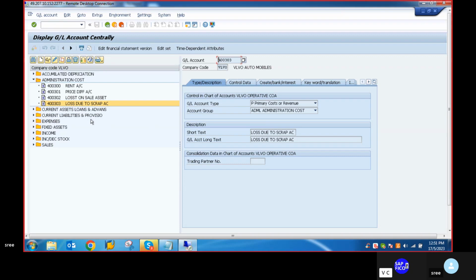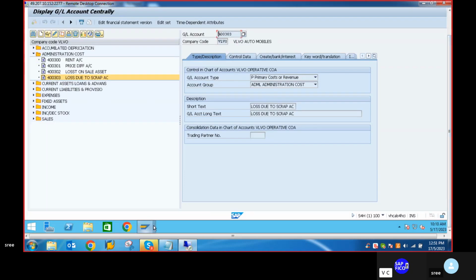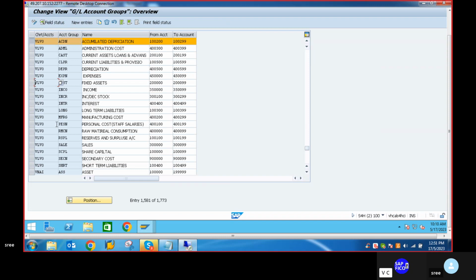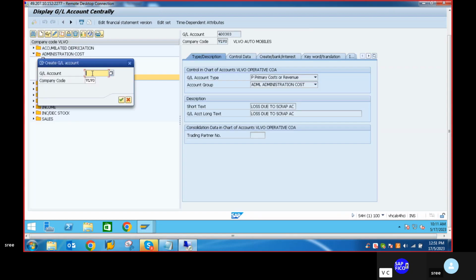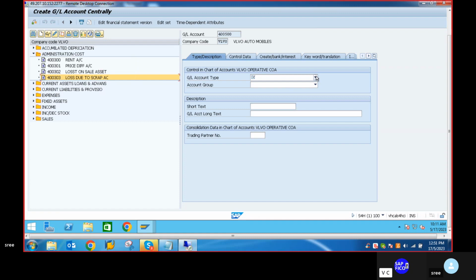Okay, the next one is, ma'am, under the depreciation. What is the depreciation? Do we have depreciation, ma'am? No, right? Go to the accounting group, ma'am. Try to find out the depreciation, and depreciation starts with 400500. Yes. Go to that FS00 transaction code screen, and 400500, and primary cost or revenue, GL account type,